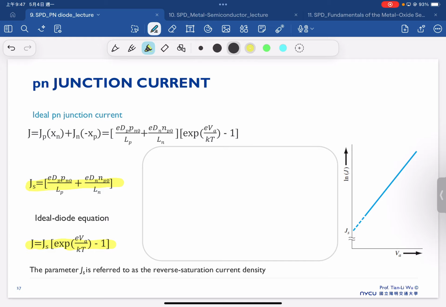And particularly, this Js has a particular name, referred to as the reverse saturation current density, and therefore if you plot the full IV characteristic